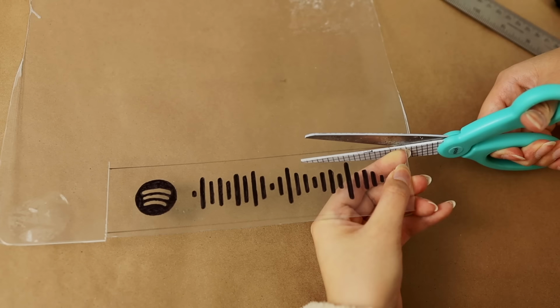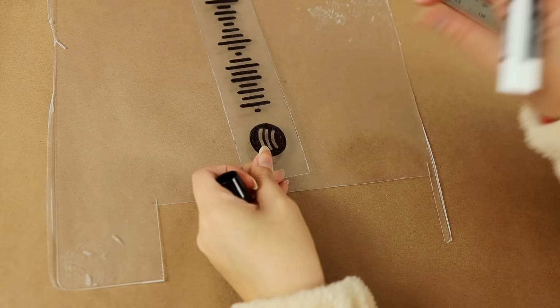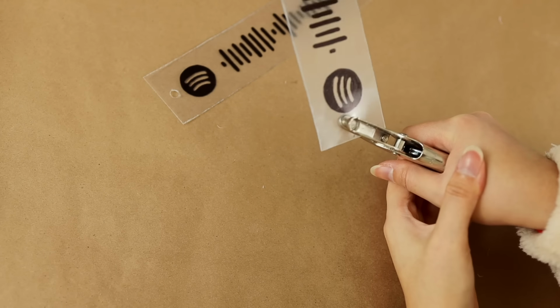Also, if you make any mistakes or have any leftover marks from the permanent marker, you can use a dry erase pen to get rid of those. So to make the keychain hole, I'm taking this hole punch and punching a hole in the side. I made 2 of these for 2 of my friends, and I'm